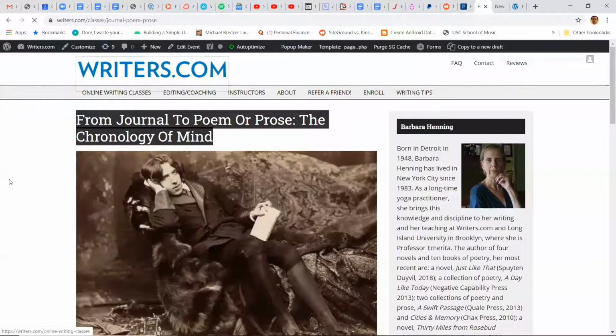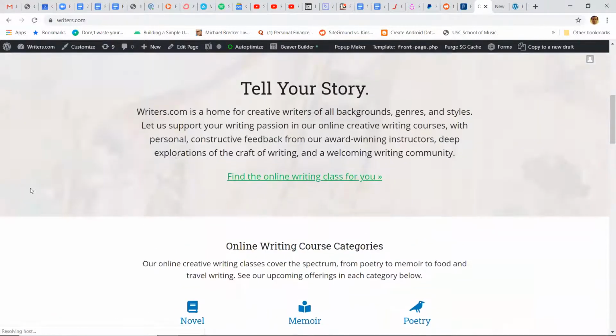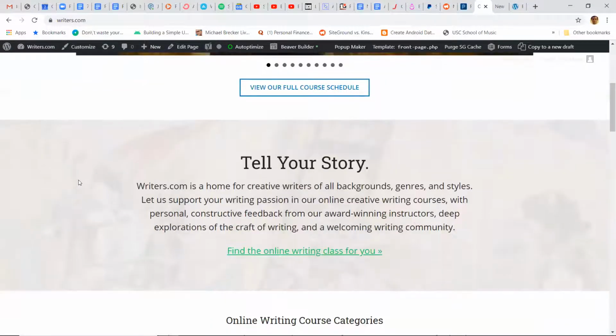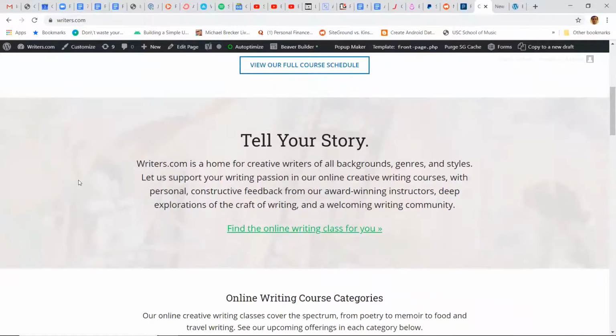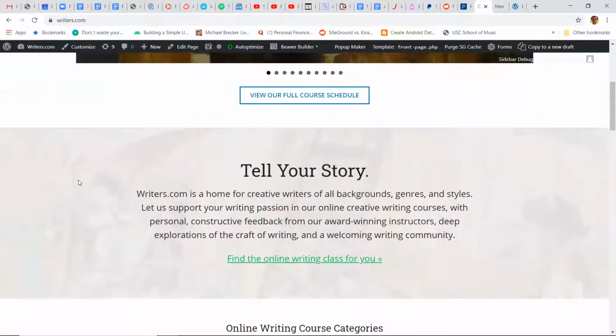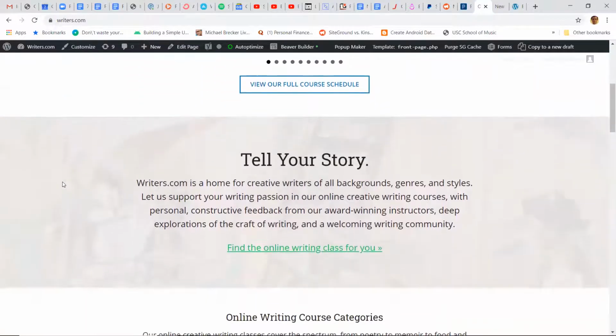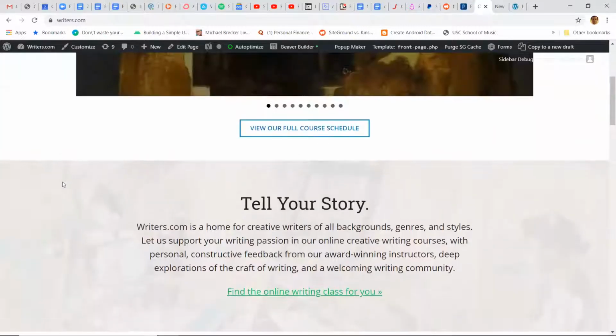So writers.com is a site I manage, and one of the things I did to try to make the design a little more delightful, all done in Beaver Builder, is I created this little parallax scrolling image background thing. And I made it very, very close to transparent. In other words, I have an almost entirely opaque white background on top of it, but I think it looks really nice. It just brings delight and dimensionality to the design.